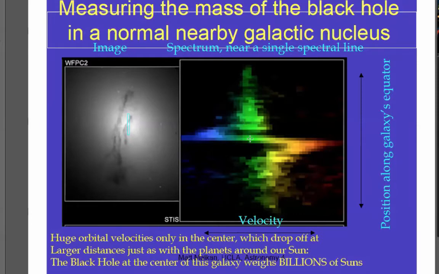In Kepler's case, it's the mass of the sun. Here, M is the mass of the central object, which turns out to be enormous. We now know it's several billion times the sun's mass in a very small volume here. But seeing the orbital motions of stuff around it was really the proof. This is the smoking gun.